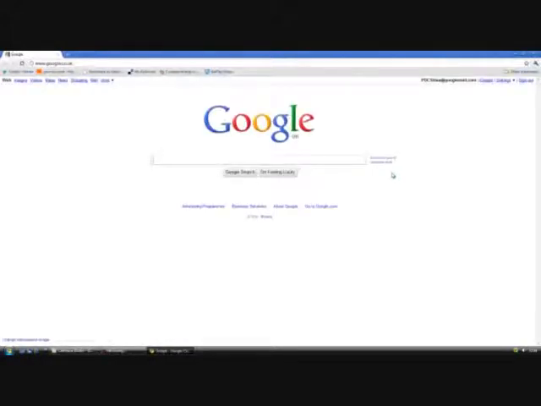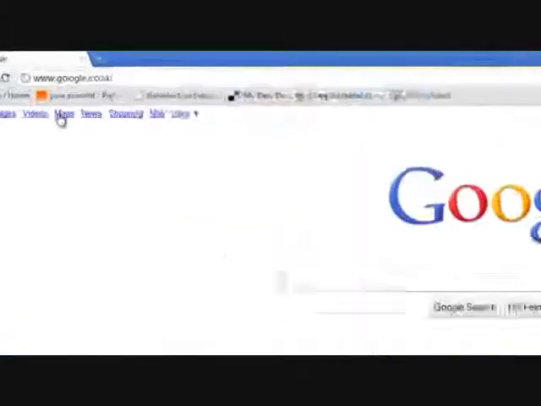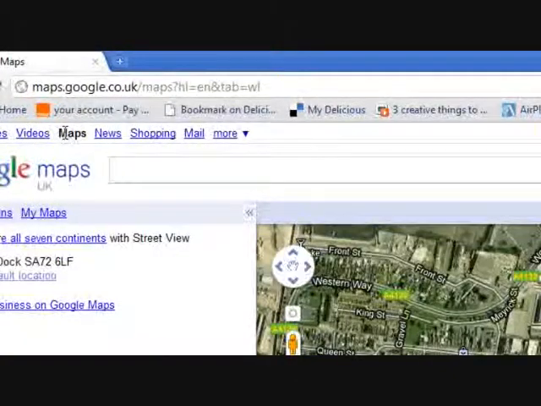Just get on the internet here. Now I'm going to show you how to use Google Maps in a couple of different ways. I'm sure you've all used Google Maps before, so we'll just get started. I'll just click on my Maps tab here, and you can see I'm already signed in and ready to go,